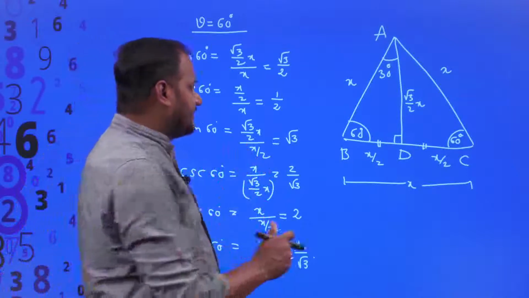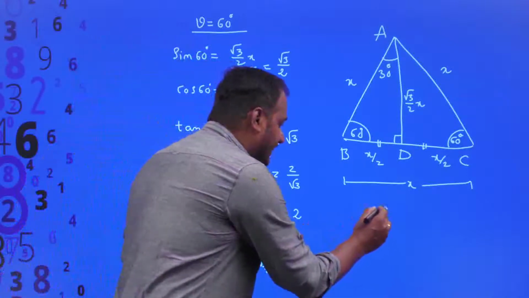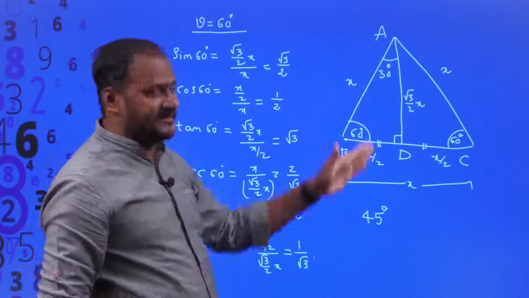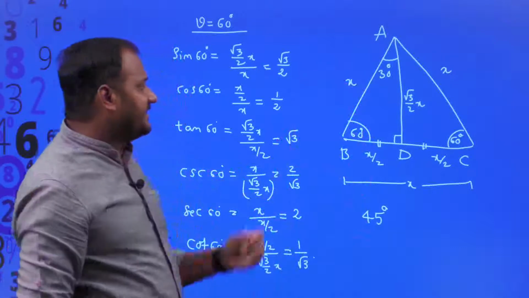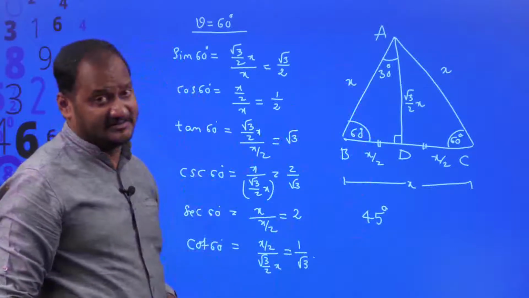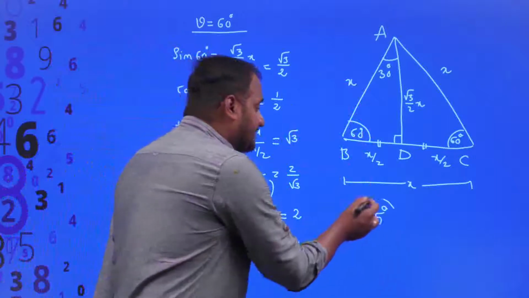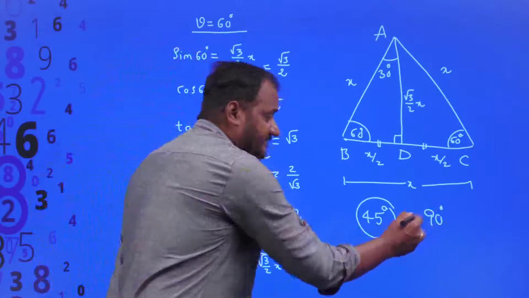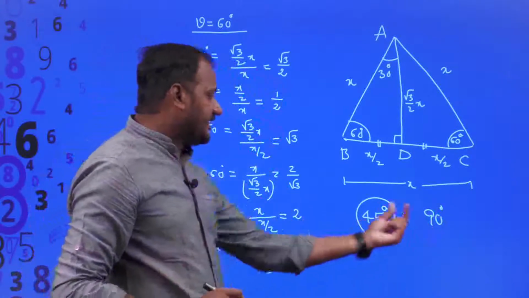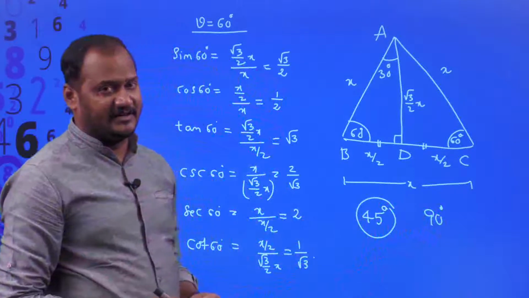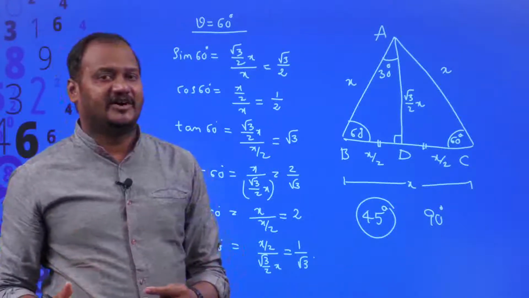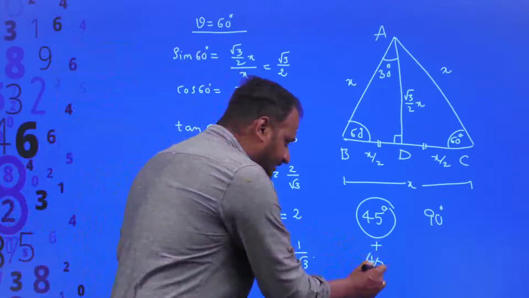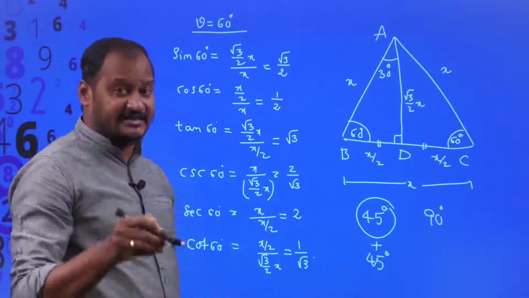Now let me think where this 45 degrees is available. In an equilateral triangle only 60 degrees is available. When you drop a perpendicular, of course 30 and 60 are available. But in an equilateral triangle 45 degrees is not available. But if you consider this, 45 degrees is available and moreover one of the angles should be 90 degrees because it should be a right angle triangle. So 90 plus 45 is equal to 135. 135 plus how much equals 180? Obviously 45 degrees. So if one angle is equal to 45, then the other angle is obviously 45 degrees if it is a right angle triangle.